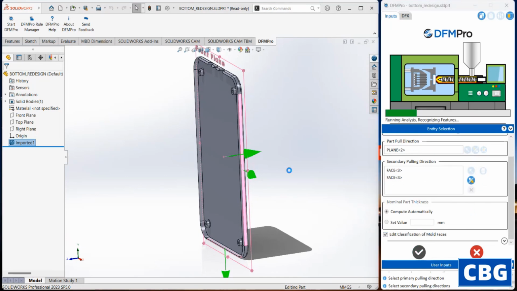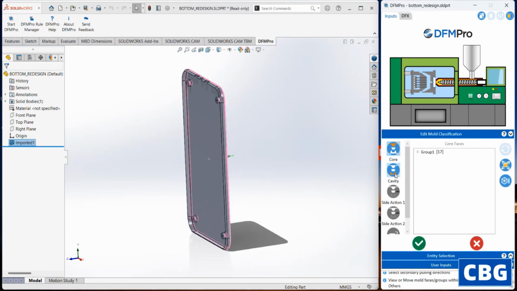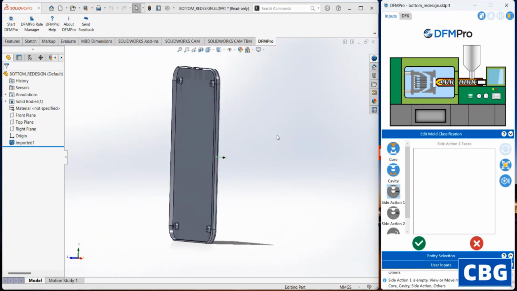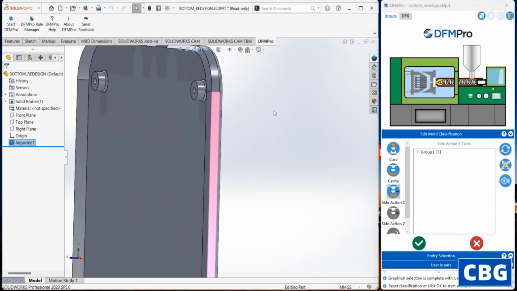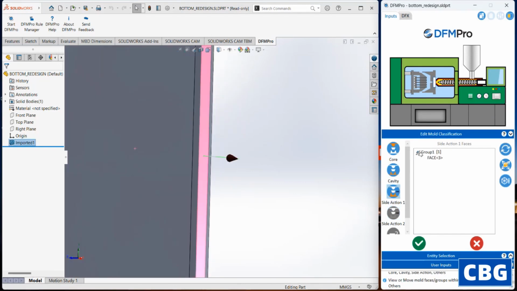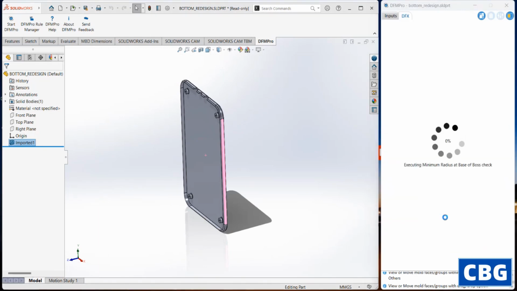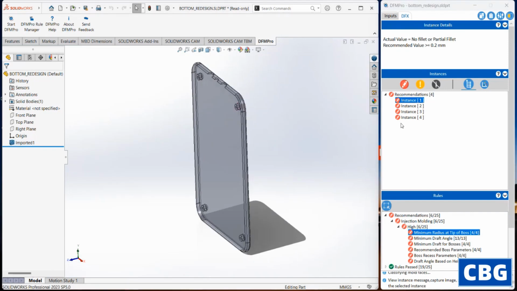Let's check the mold face classification checkbox and move to the edit mold classification page. Here, as you can see, there is core and cavity and faces in each of those categories. Correctly, there shouldn't be any side action, but just for showing, let's just add a side action in which face 3 has been added. There is nothing added onto side action 2 or others, and let's just go ahead with the analysis. As expected, the analysis results are generated,